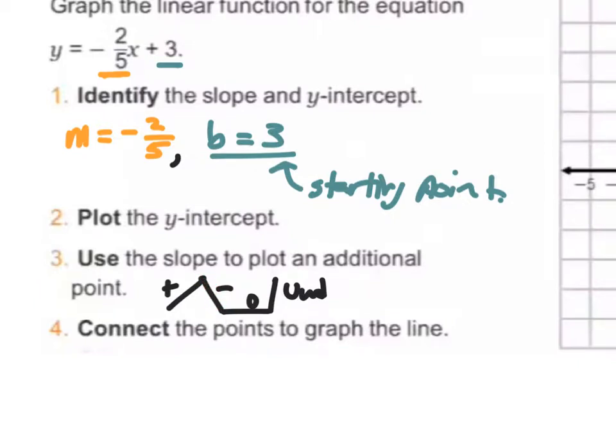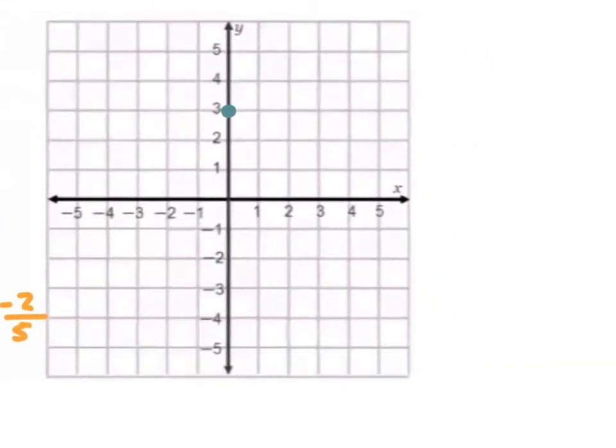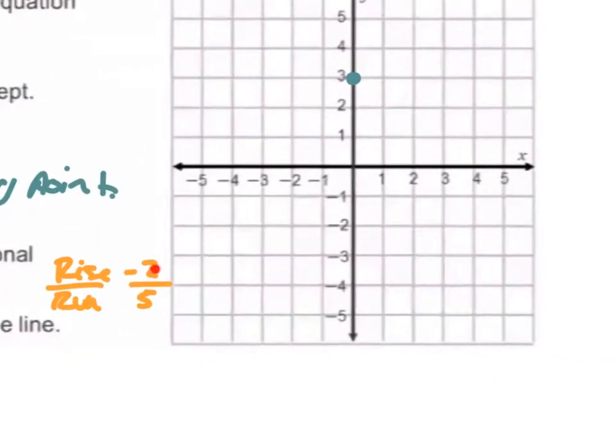So then I'm going to write this as my rise is negative 2 and my run as 5, okay? And you could do this a number of ways. It doesn't really matter, but I'll show you both ways to generate these next points. Because my slope is negative 2 over 5, my initial inclination is to go down 2 units. So go down 1, 2 units, and then over 1, 2, 3, 4, 5, and that's where I plot a